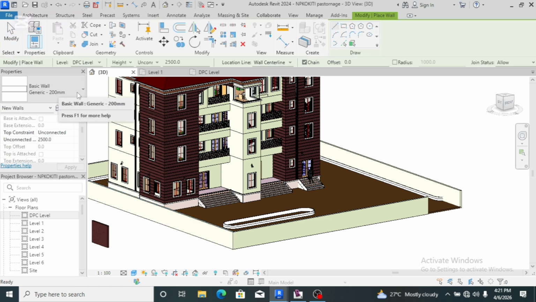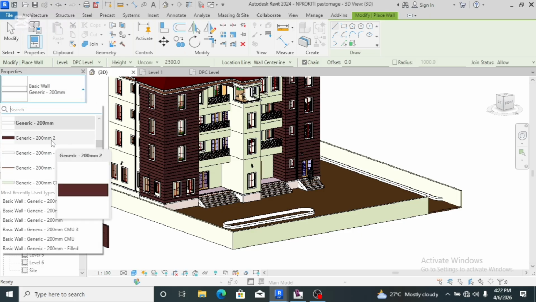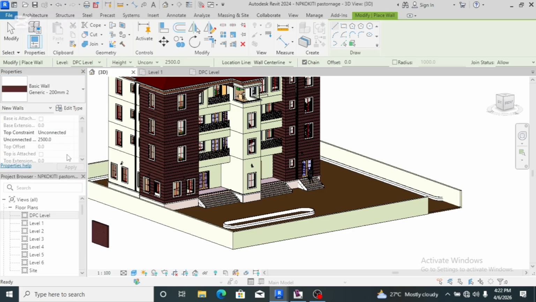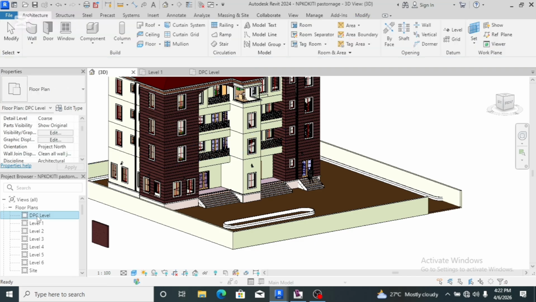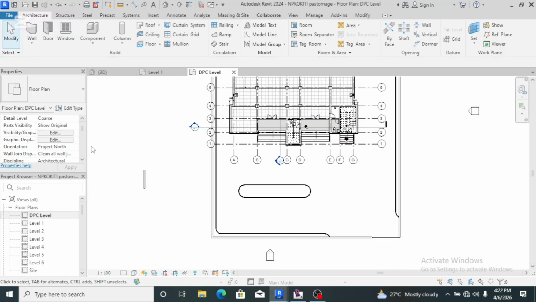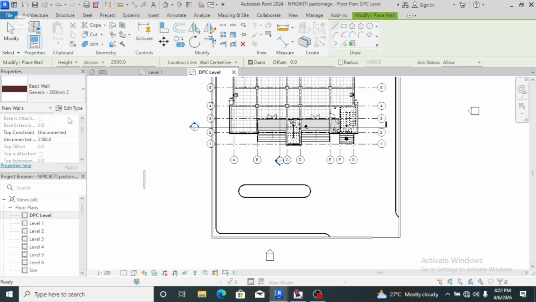let's make use of it. I'm picking it. I went to DPC level. Now this is how to change the height to 3000, sorry, 3000. Therefore,